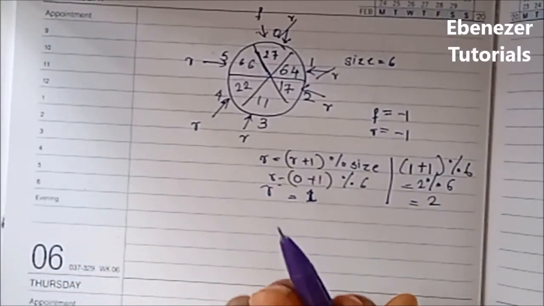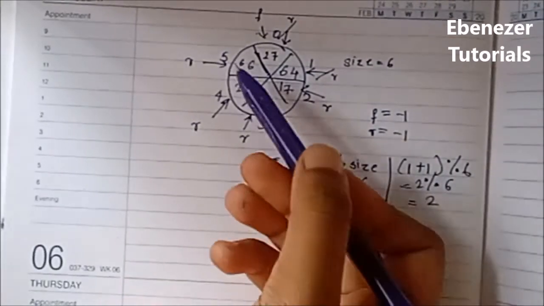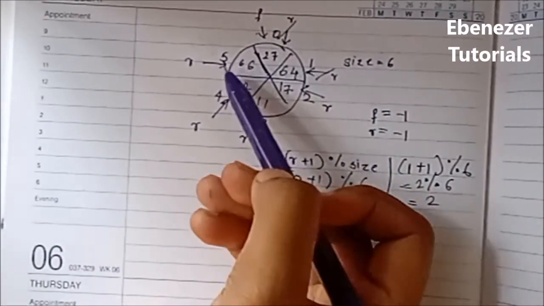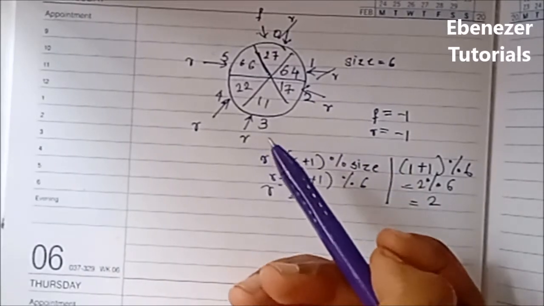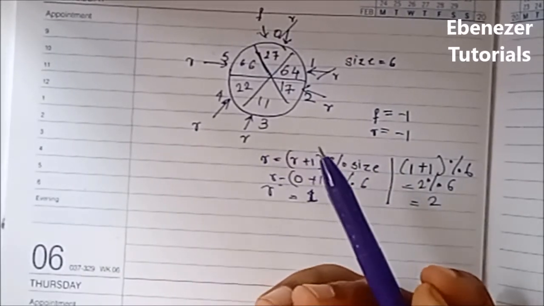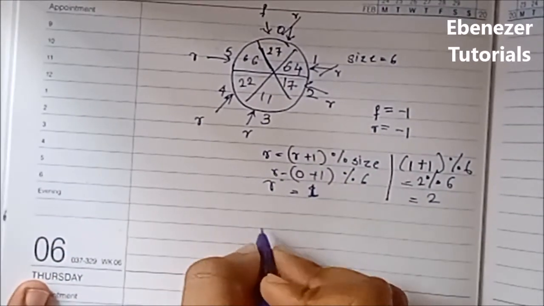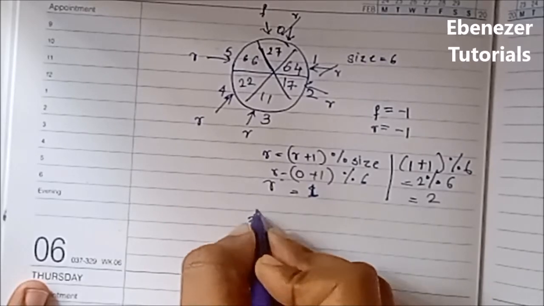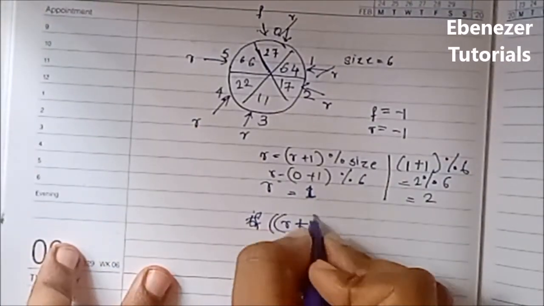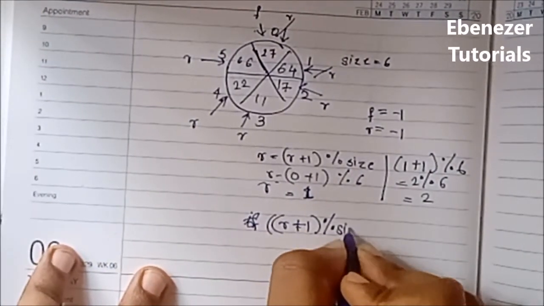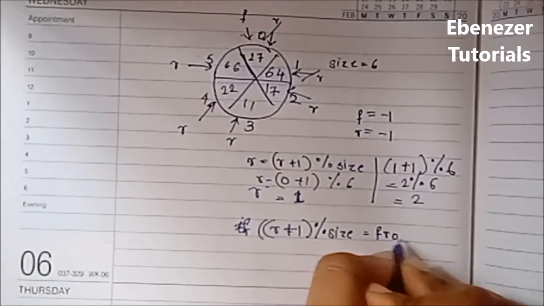So what is the condition that is different here compared to the linear queue? You can simply check if rear is size minus 1. Although it is true in this case, as we proceed with the class, we will see that this condition doesn't always remain true when the queue is actually full. So the condition that we write here instead would be: we will check if rear plus 1 modulus of the size is equal to the front value.